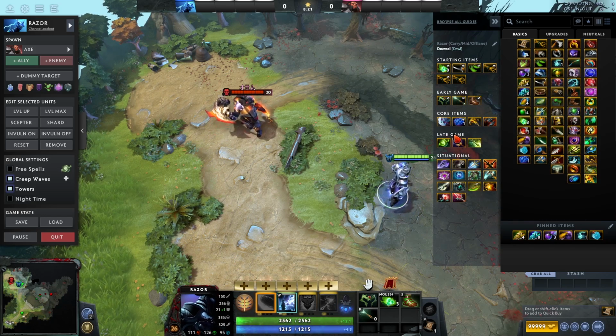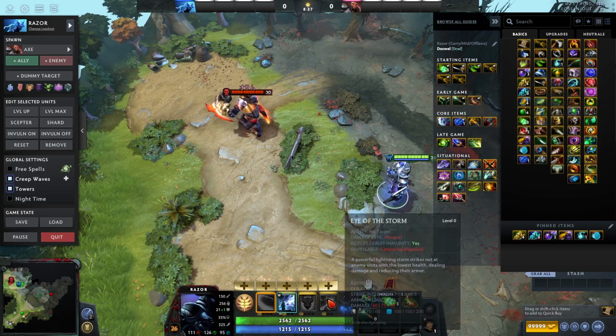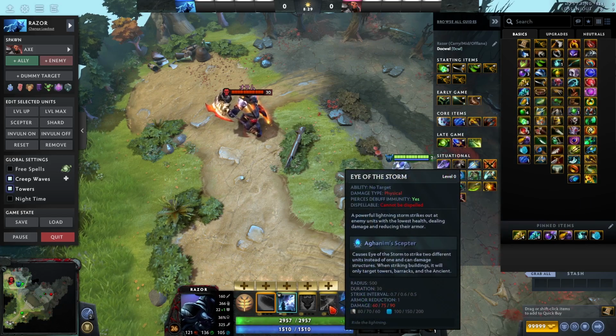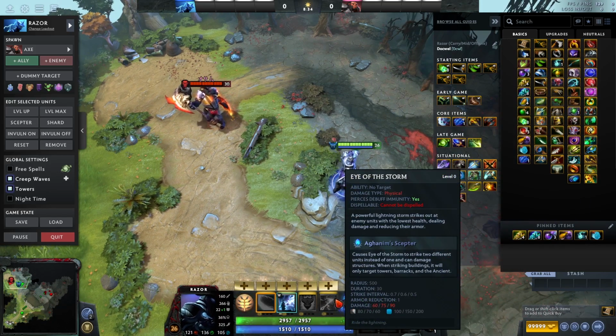And then from there, you just get items that are extra for what the hero needs. Like this Aghanim's is really good because it does extra tower damage. If you didn't know, it amps up your ultimate and allows it to actually hit buildings, and it just makes this ultimate even better, because one of the things about the hero that people don't think about is,